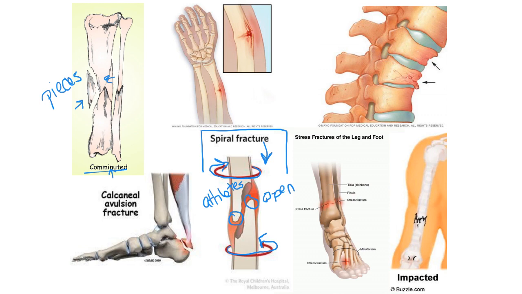Okay, this one on the top right, above the spiral fracture, is a green stick fracture. A green stick fracture is most common in children and kids, mainly because their bones are still a little bit more flexible. A green stick fracture doesn't break all the way through. You can see on this one how it hasn't gone all the way through the bone because, again, the bones of a child are more flexible, kind of like a green stick or a young tree branch,